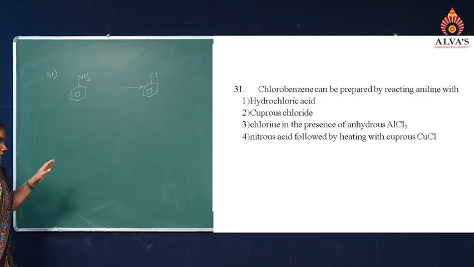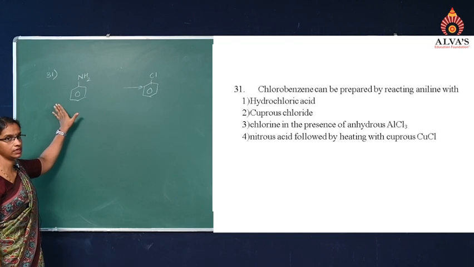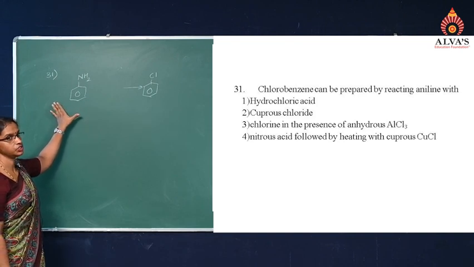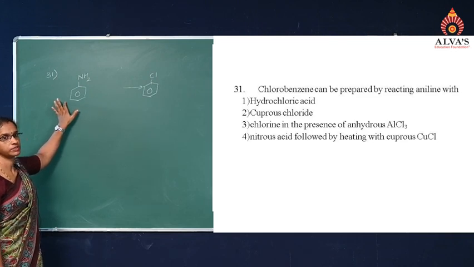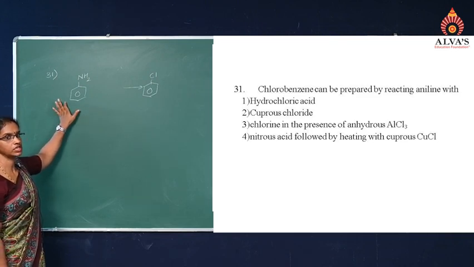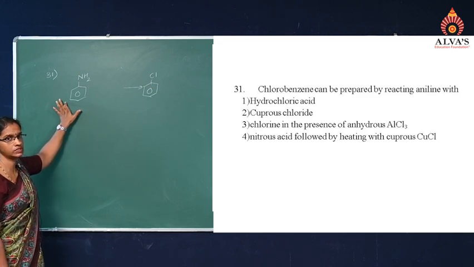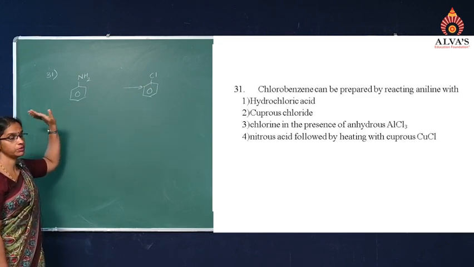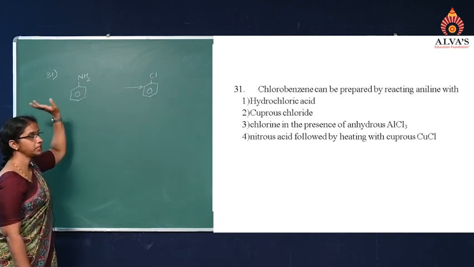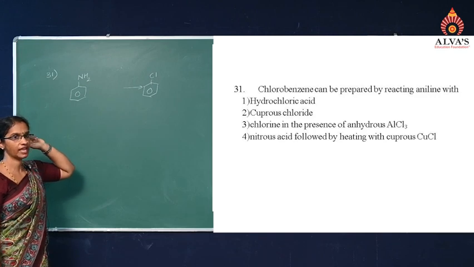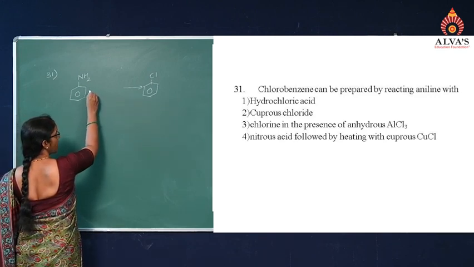Now, from our knowledge, we have not learned any reaction of aniline with HCl and CuCl directly. Hence, they cannot be the option. Third option is chlorination in presence of AlCl3. That will bring about ring halogenation, but NH2 remains intact. Our reaction is requiring replacement of NH2 with chlorine, which can be only brought about by making this NH2 group react with